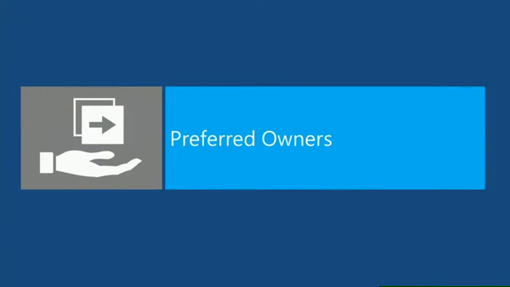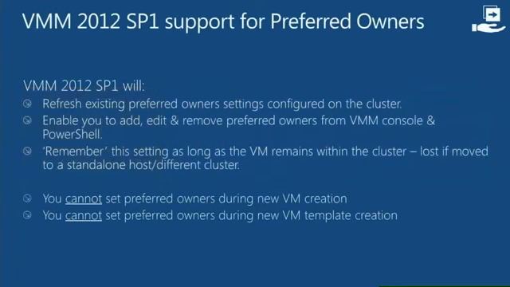The next big feature we'll talk about is called preferred owners. This is the ability to essentially take a virtual machine and specify which nodes in a cluster are preferred owners for that VM. This is a failover clustering feature and it is supported in Virtual Machine Manager. Ideally you don't really need to configure a preferred owner, but for those admins or those scenarios where you want granular control over exactly where a virtual machine resides, you have this ability to specify the preferred owner